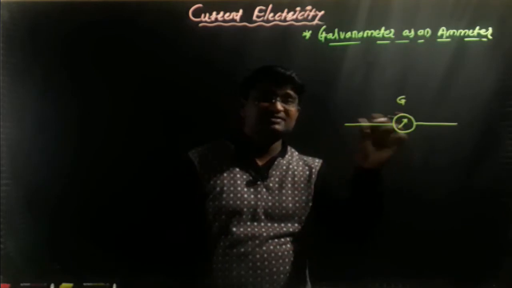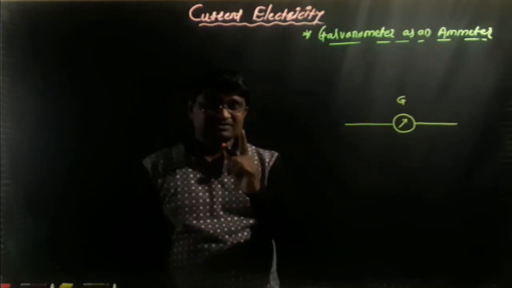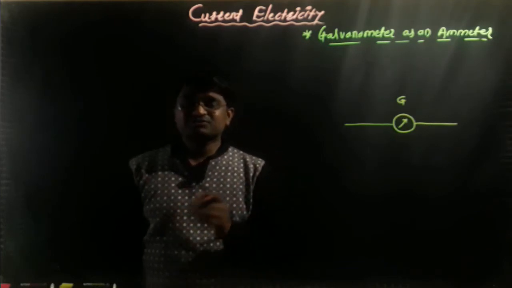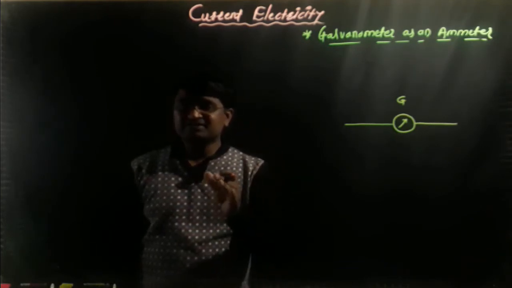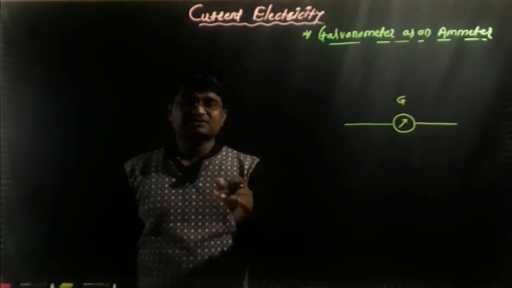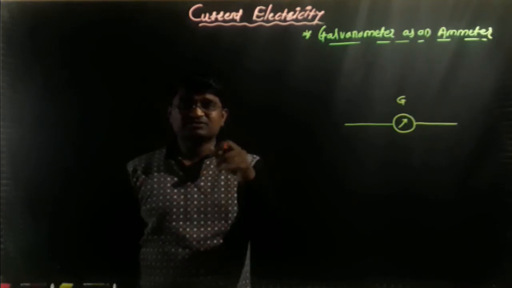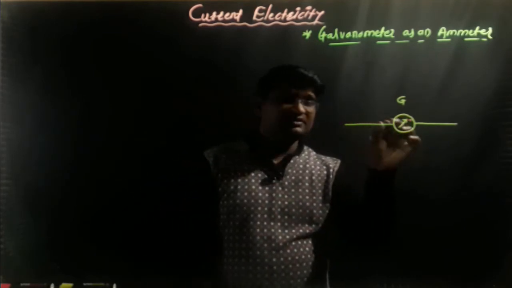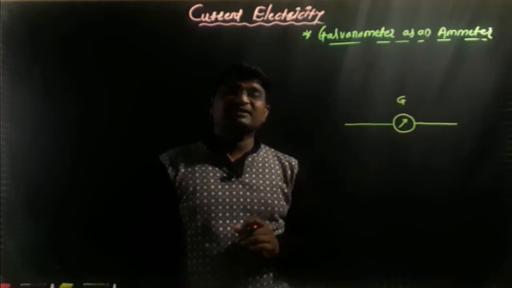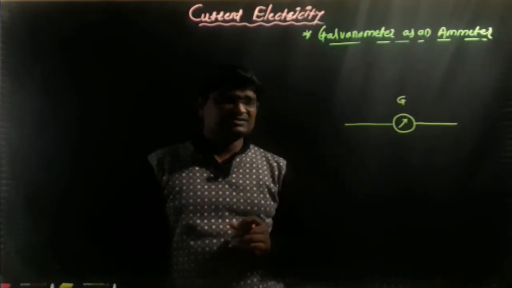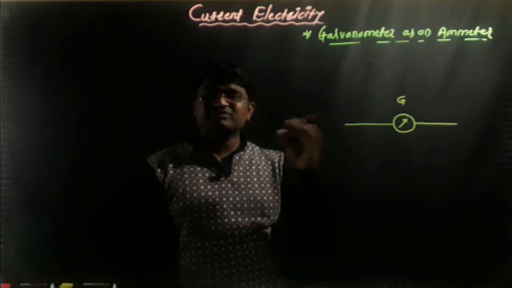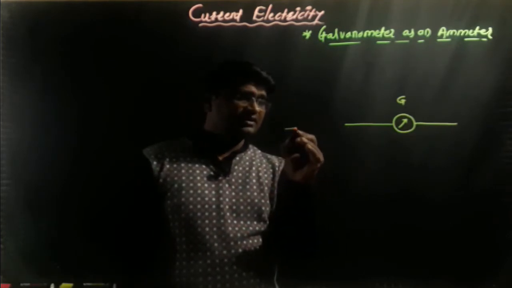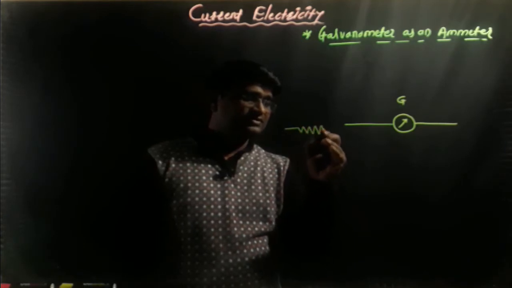Now simply, the resistance will decrease. When the resistance decreases, the electric current will increase. Electric current totally depends upon resistance. If the resistance increases, the current will decrease, and if the resistance decreases, the current will increase. So it means that initially we decrease the total resistance of the galvanometer, and if its resistance decreases, automatically the range of the electric current will increase. So that's why initially we connect a resistance here.